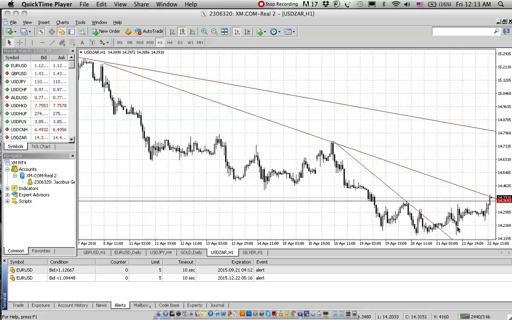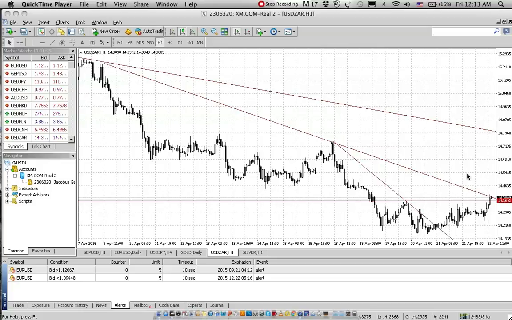Because look what happened. There was volatility, the market pushed down to a level of more or less 14 Rand 15 cents to the US dollar, then corrected itself and continued the move to the trend line where I said the market would go to. Now look what happened subsequently as well. This level over here was taken out as well as a little bit of a pierce on the trend line over there.